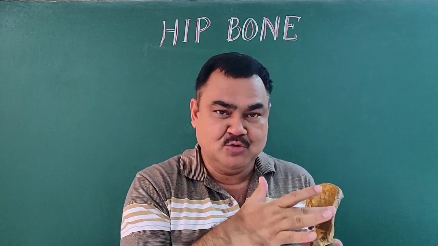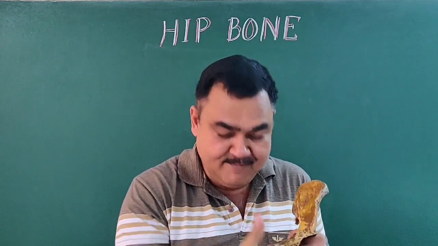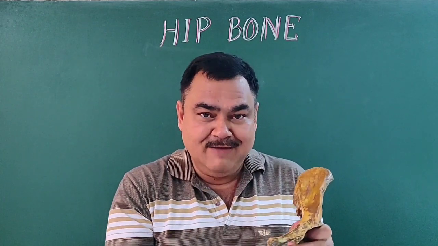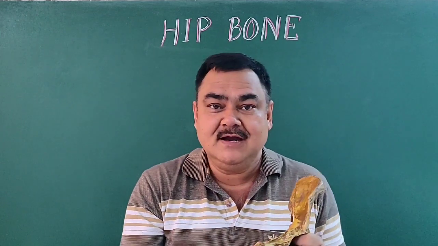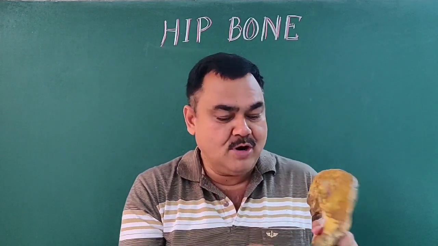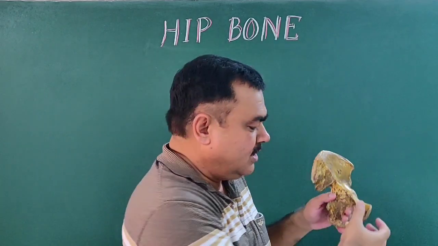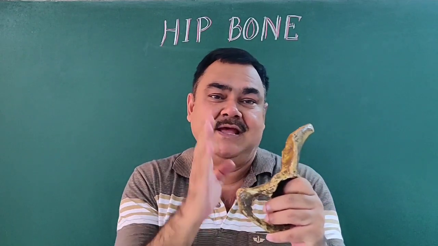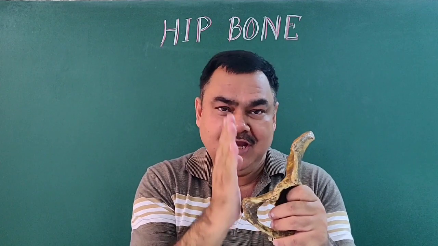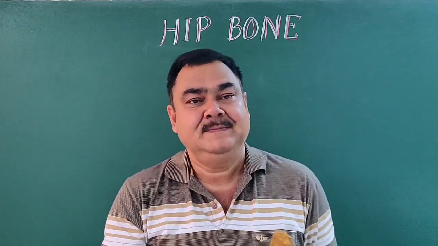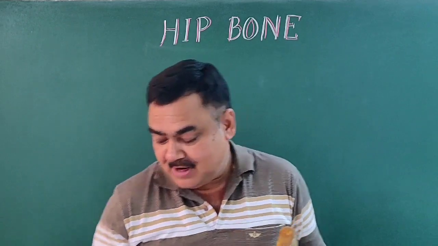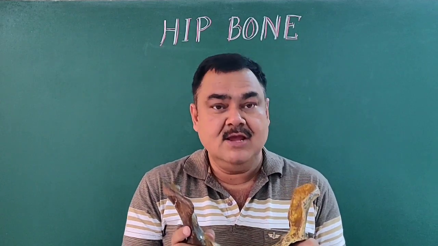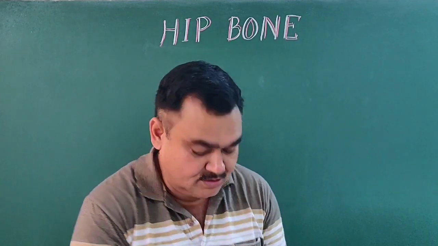So keeping three things in mind, you can keep it in anatomical position. First thing, anterior superior iliac spine and pubic symphysis lie in the same coronal plane. Another thing, the pelvic surface of the pubis is directed backward and upward. And this is the symphysial surface or medial surface. It is directed in the median plane. So this is anatomical position. In the next lecture, we will discuss the attachments on the hip bone. Thank you.